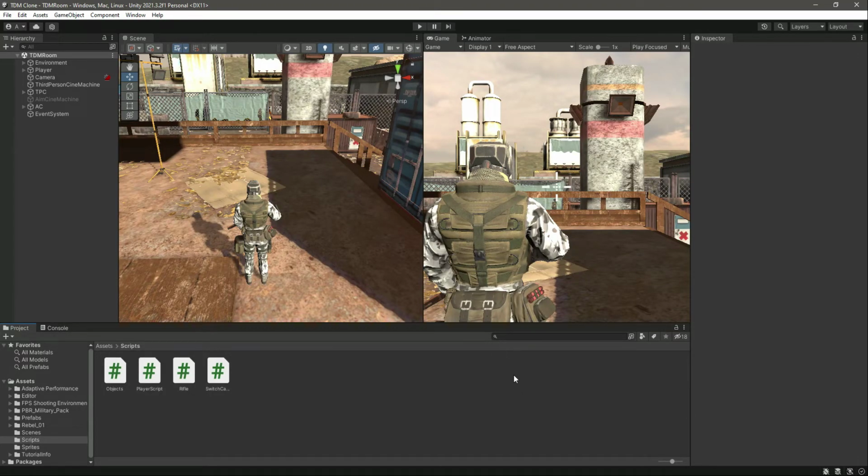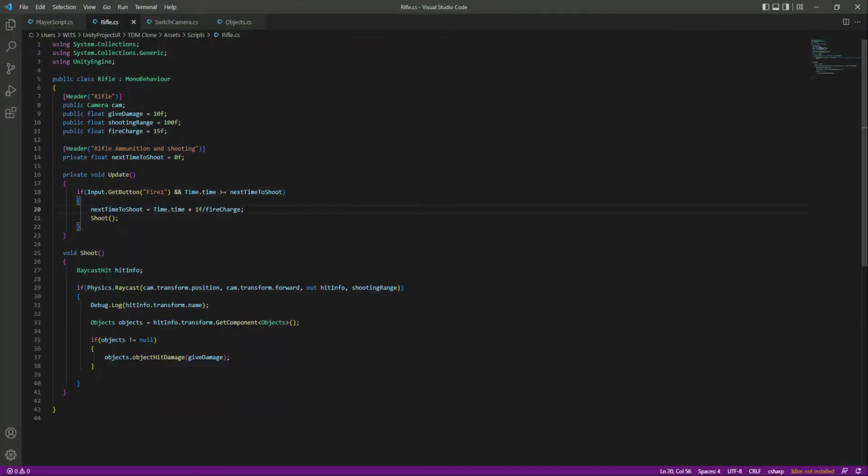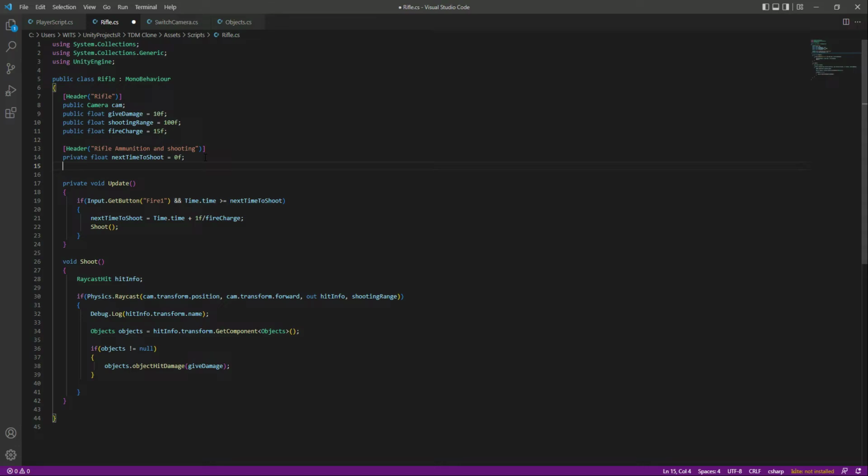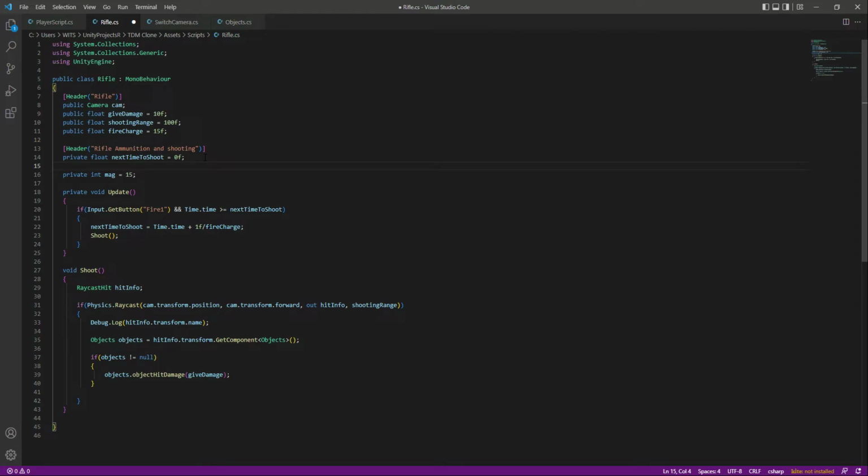Okay, so now in this video we will add a reload system to our rifle, and also we will add magazines to our rifle. Okay, so in the rifle script right here in rifle ammunition and shooting, let's create a private integer by the name of mag, and let's set this to 15, and above this let's create a private